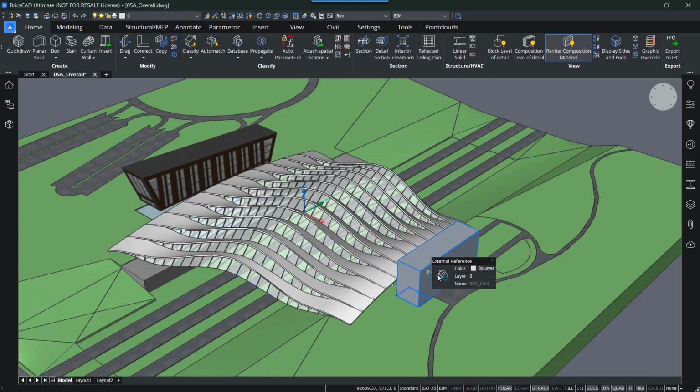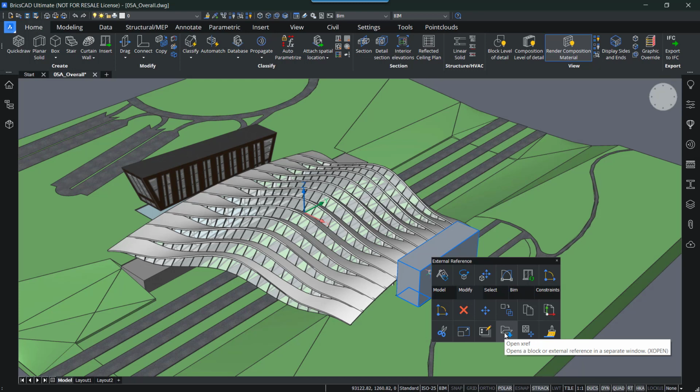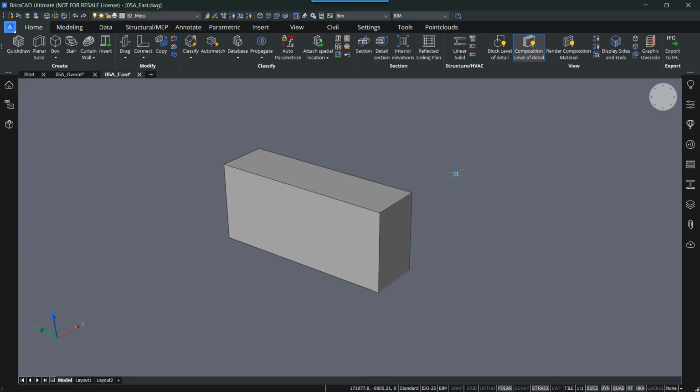of the train station. This is an external reference, an XREF, so let me just open up the separate DWG file in Modify, and then you can open XREF. So now you will be directed to the actual DWG file, and then we can start modeling our block. So this is just a regular 3D solid. It's a full massive solid, so let's see what we can do.